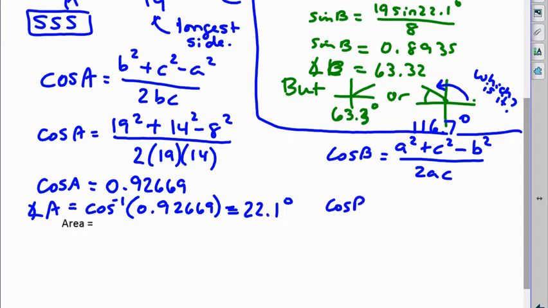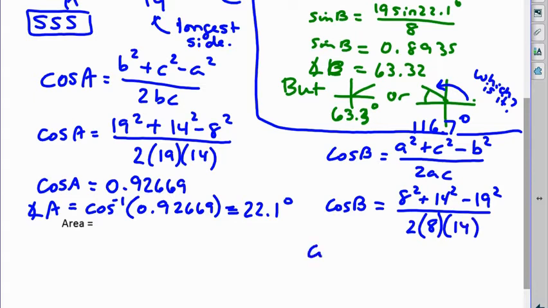Cosine of B will be A, 8 squared plus C, 14 squared, minus 19 squared over 2. Bring the 8 down, bring the 14 down. Cosine B equals, and my ratio is a negative